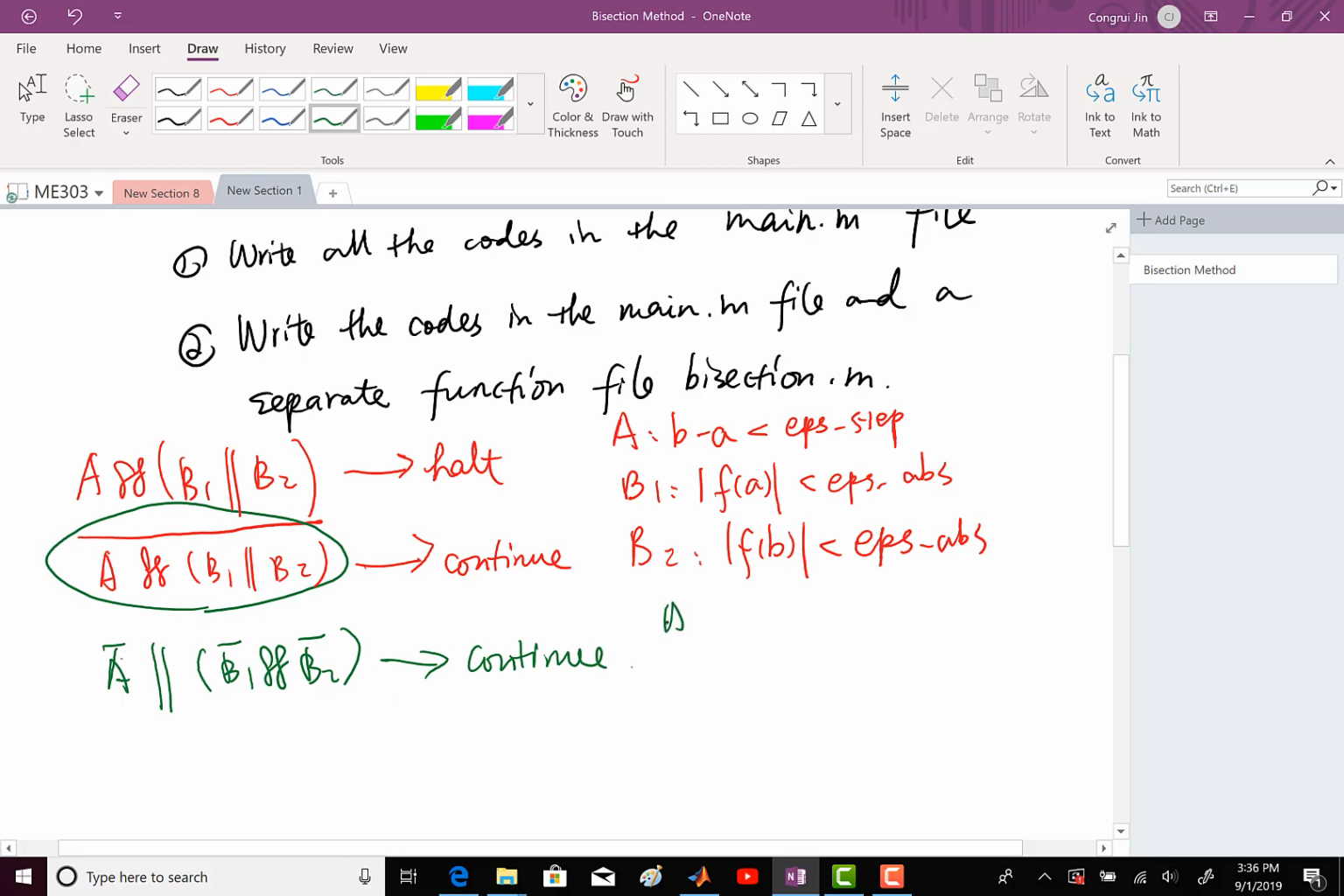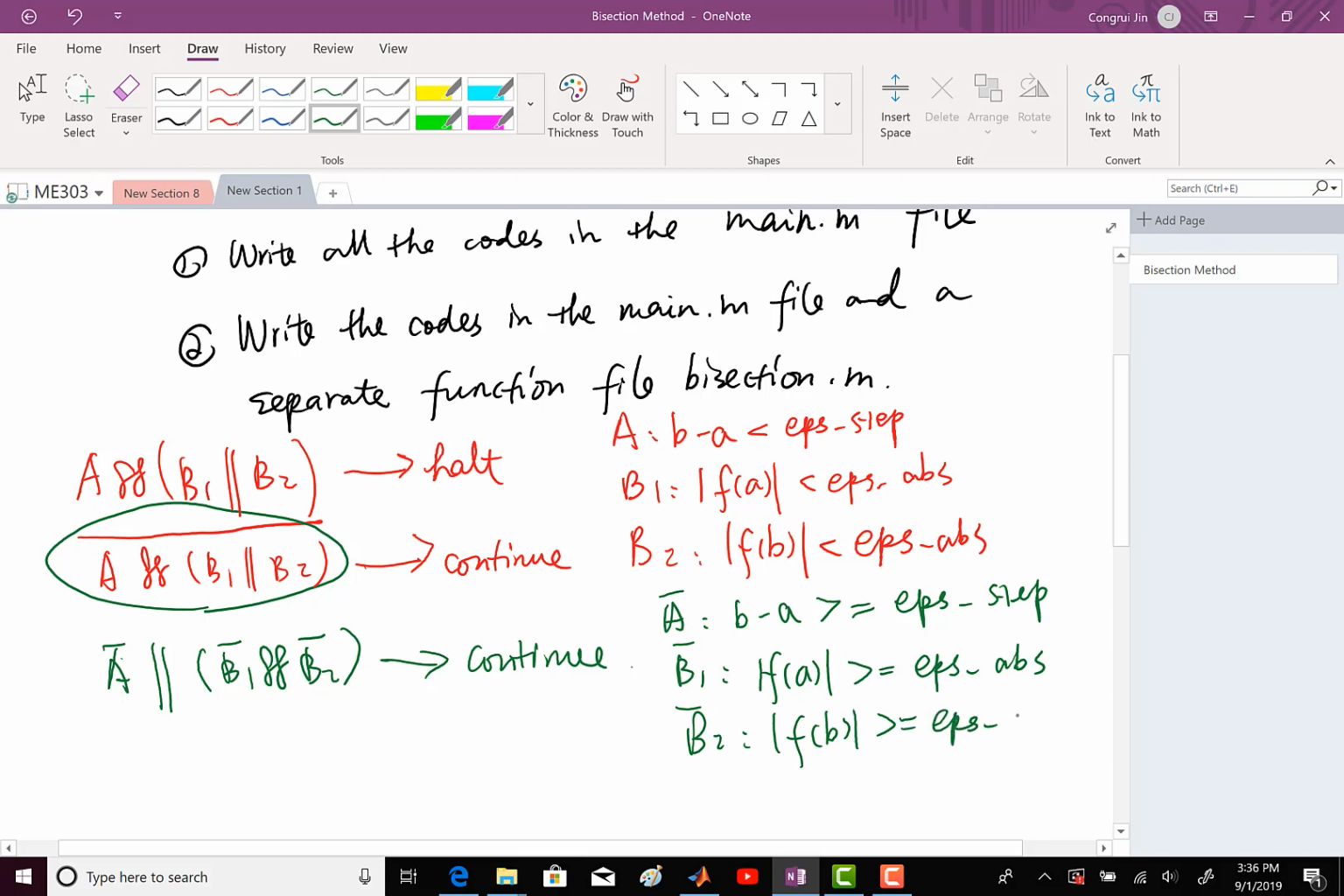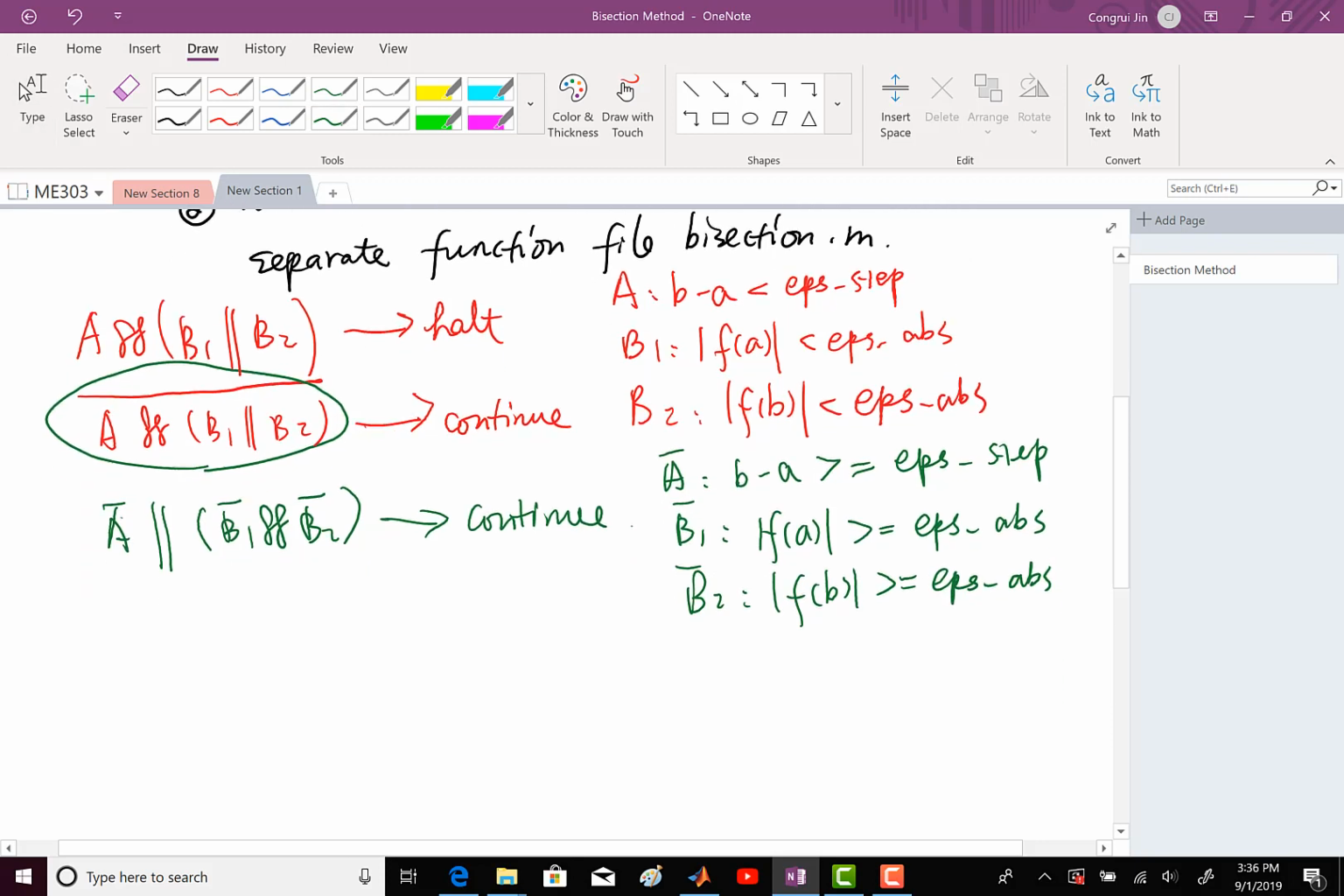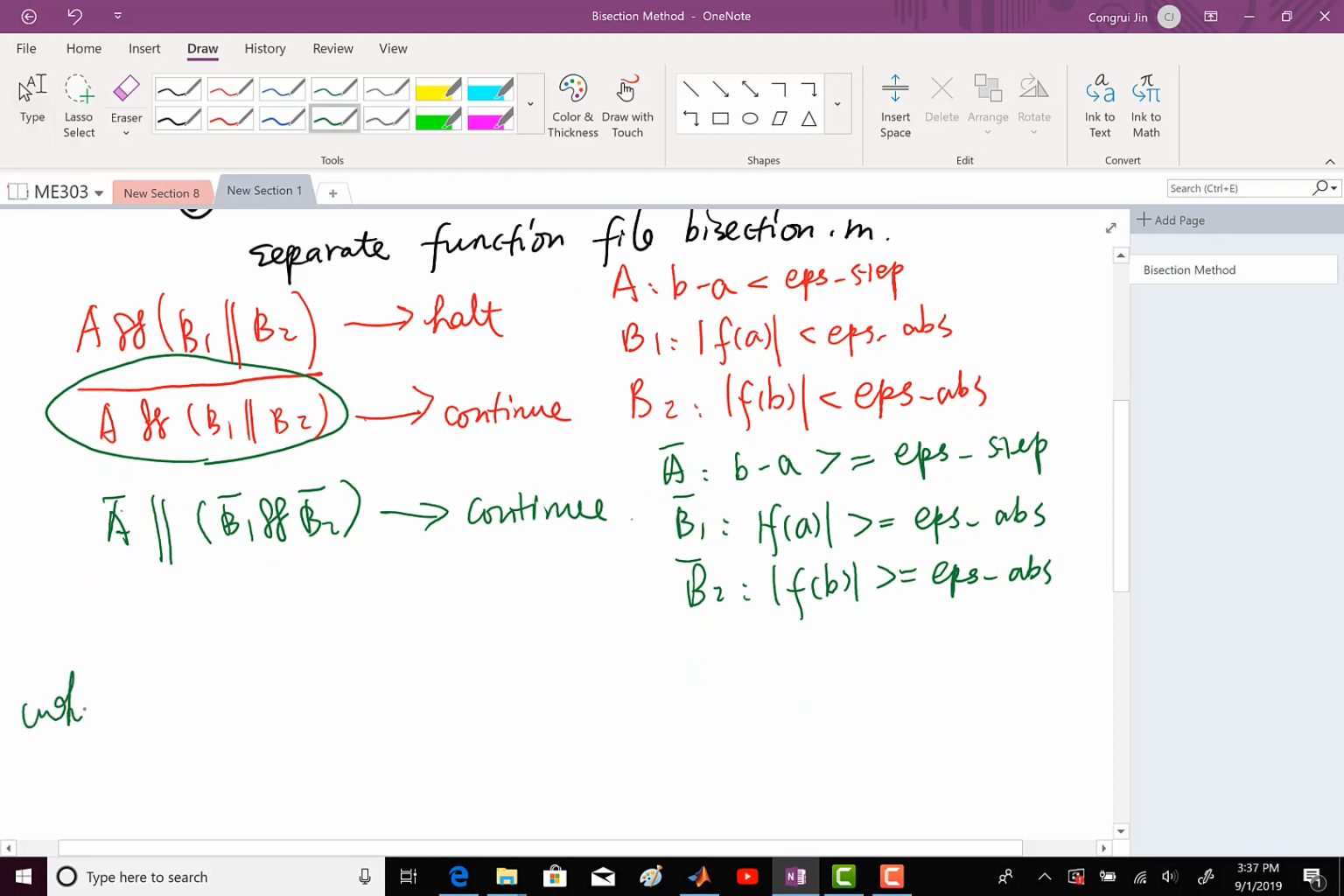Okay, so the opposite of condition A should be B minus A larger than or equal to epsilon step, right? And the opposite of condition B1 is the absolute value of FA larger than or equal to epsilon ABS. And the opposite of condition B2 should be the absolute value of FB larger than or equal to epsilon ABS. So the condition for the while loop should be B minus A larger than or equal to epsilon step,